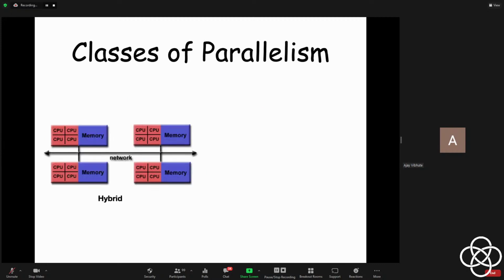Now we have something called hybrid. In this case, we have combined shared memory and distributed memory over the network. So we have multiple CPU units which have access to some memory location, and these multiple units are interconnected using some network. So this is hybrid. Generally all compute clusters fall into this class. There will be several CPU units with access to some memory, and several such compute nodes will be interconnected using some network